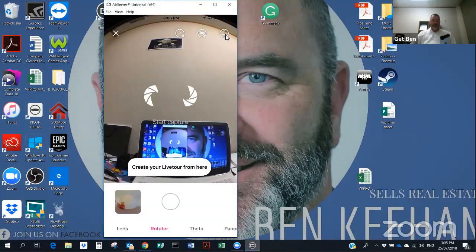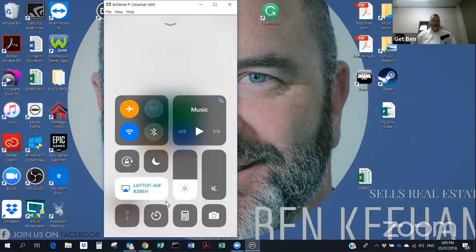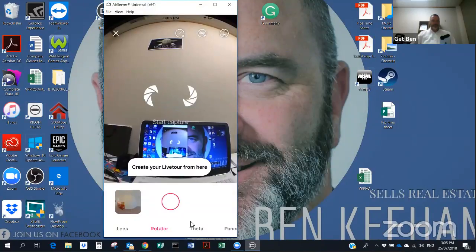My Bluetooth is on, but I'm not ready to capture yet, so I'm just going to toggle my Bluetooth. If the button is pink, it means you're ready to capture. If that's grayed out, it means the rotator at the bottom here isn't connected to the camera. If you use an iPhone, the app controls the Bluetooth, not the Bluetooth controlling the connection like it would normally do. So I want to tap this pink button now,